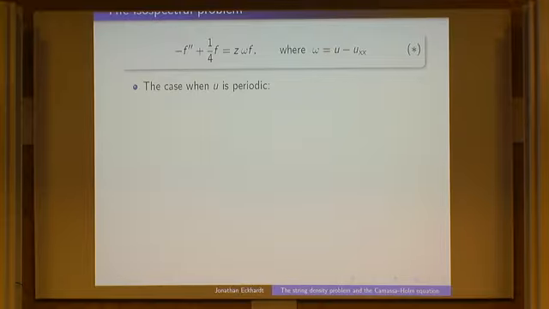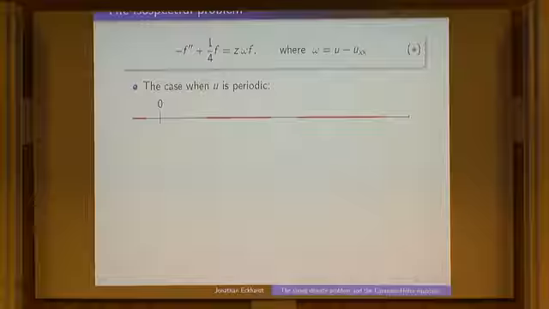The first relevant case for applications is when U is periodic. In this case, you have the usual band gap structure for the spectrum, but it allows many more cases than, for example, for Schrödinger operators. For example, it can be bounded or unbounded from above and from below, you can have only finitely many bands, and you can end up with an infinite gap in the spectrum. So, for example, the spectrum can be bounded. So it allows much more variety than the Schrödinger problem.